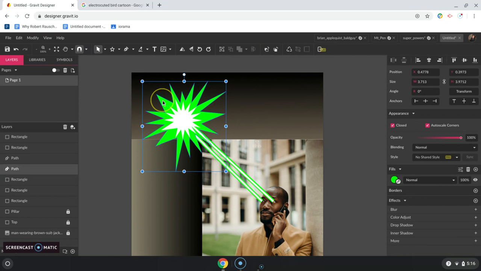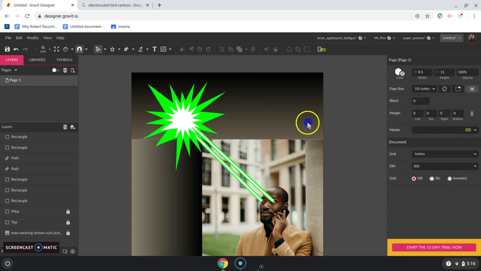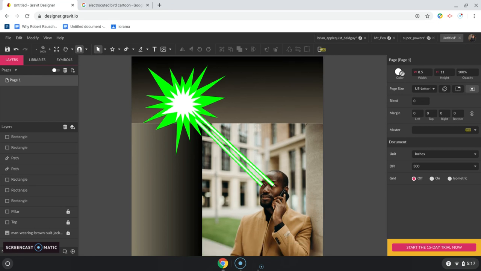Just keep tweaking this around until it looks like a good comic book explosion. What I did with this, actually, this background is locked, so I can't actually affect it now, but we could make it look a little more three-dimensional if we